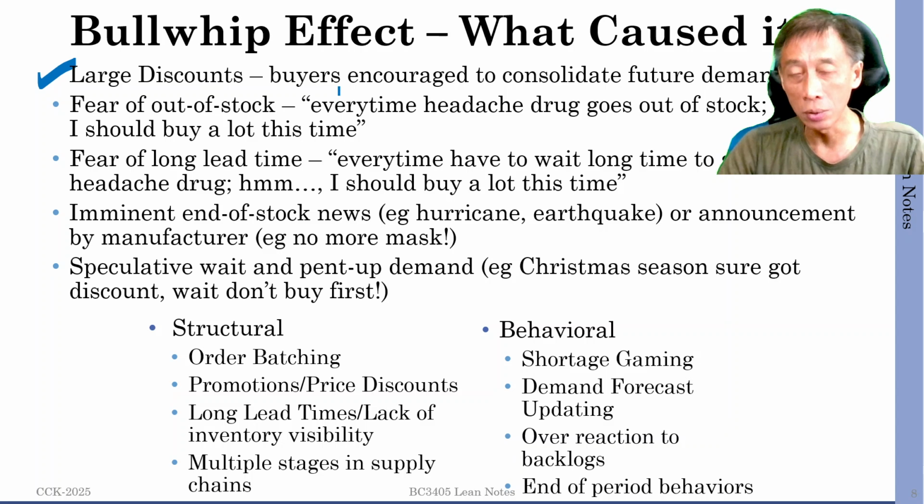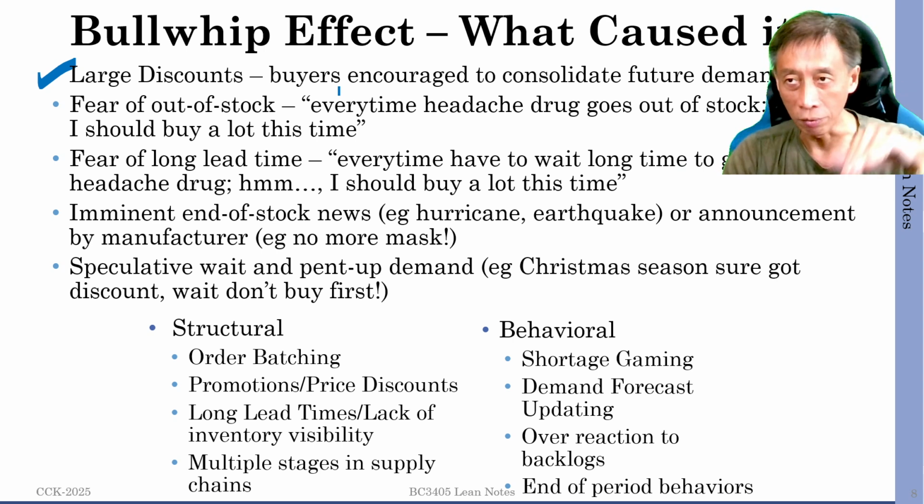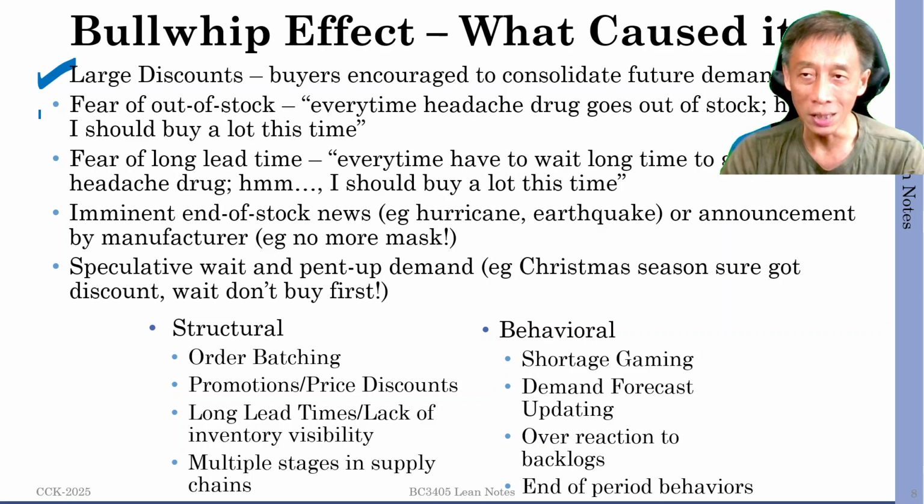So there'll be those edge buyers who buy because there's a discount. Otherwise, I don't buy. And if you're that kind of buyer, then it won't repeat. So then we have a wave, right? Because there's a rise and then you have a fall. So all these points are talking about causing a short-term or a reactionary sudden rise that cannot be sustained. A rise in demand, a rush in purchase, only for it to die off when the causing factor is gone, like the discount. Like fear of out of stock.